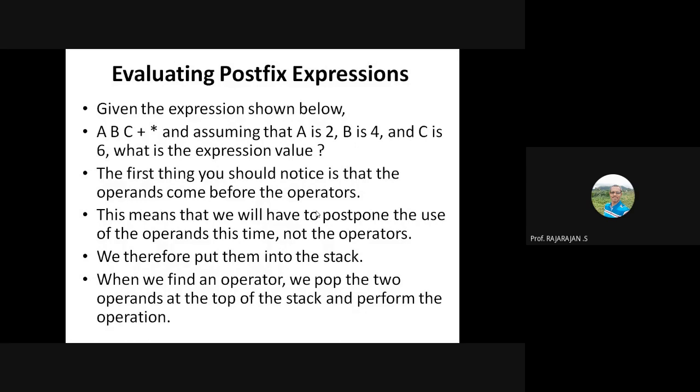Because we are mostly dealing with binary operators. That is the simple reason we need to pop two operands from the stack. If you get a unary operator, then you will have to pop only one operand. But we are not going to deal with such an example. So we will commonly follow this rule.